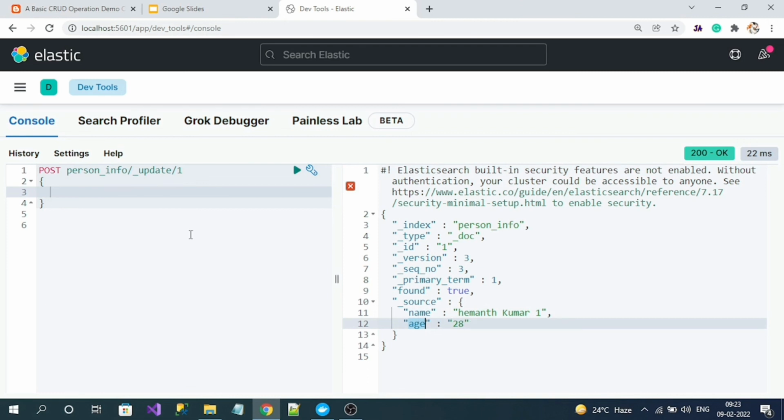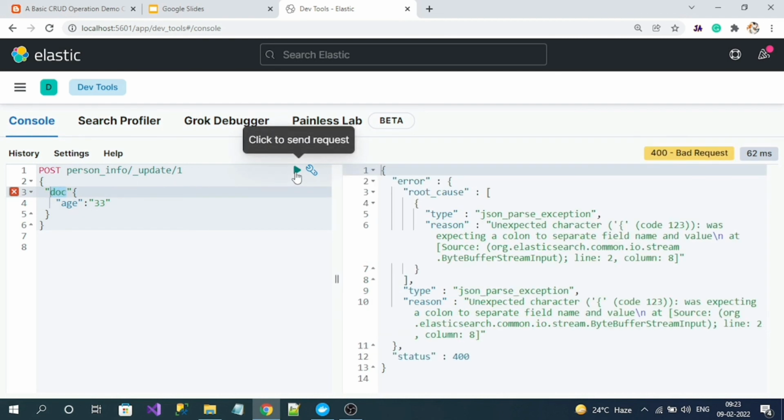Now I want to update only the age property. To do that, I cannot pass the object directly. First I have to specify a doc object, and inside the doc object I specify my properties of the document. So I want to update the age, which is 28, to 33. So I have to wrap my properties inside the doc object. Now if I run, I'm missing a colon in the JSON object, right? So if I execute again,